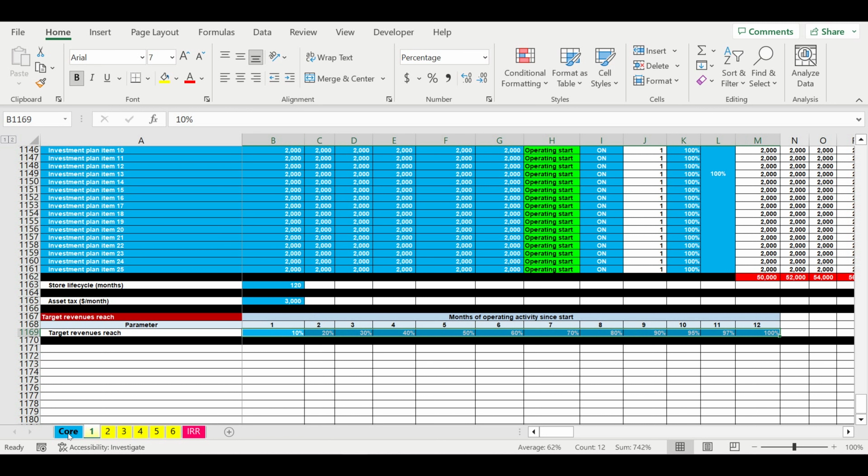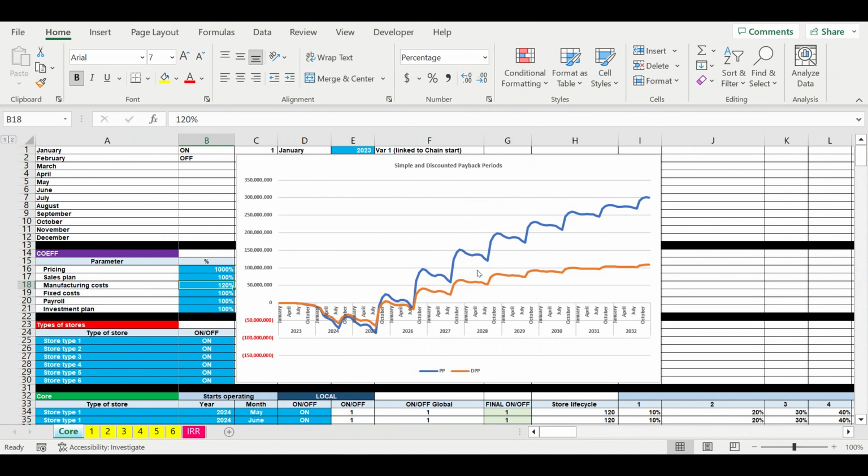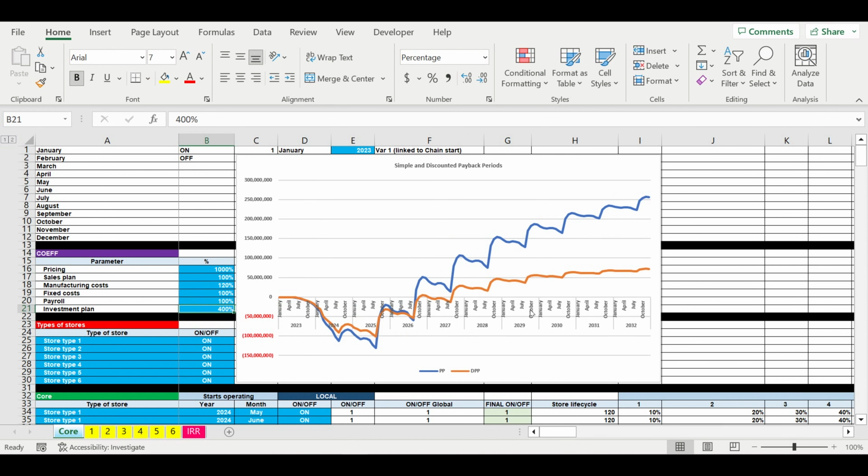Then we have 6 portraits. I just show you one of them. Then we are setting up the first year of our financial projections. Here we have global coefficients for pricing, sales plan, manufacturing costs, fixed costs, payroll, and investment plan. So we can, for example, increase the investment plan costs 4 times and see how the diagram will change. So we can very quickly play